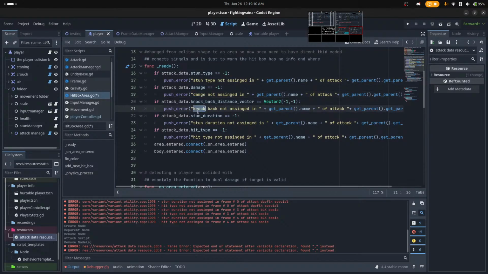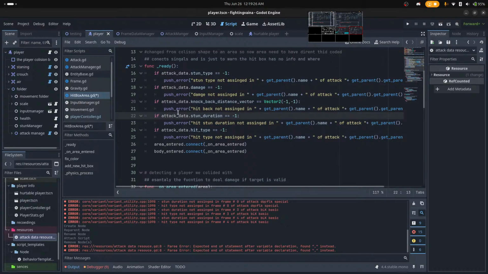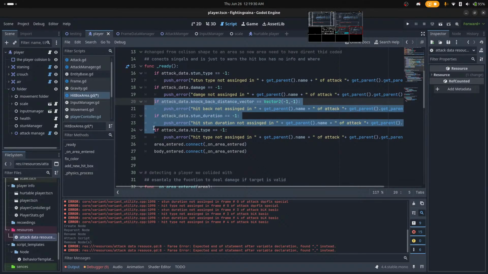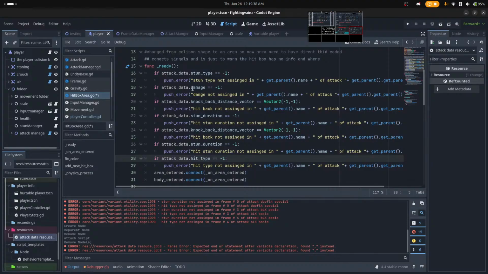Stun type, damage, hit back, stun. Stun type, damage, knockback, stun, and stun it, block, and block ends, block back.